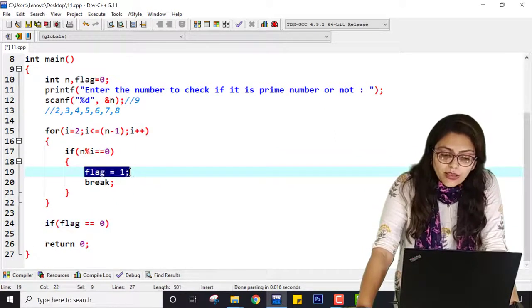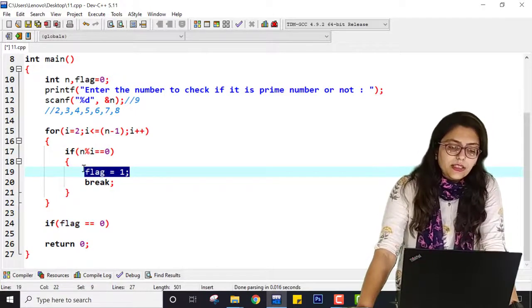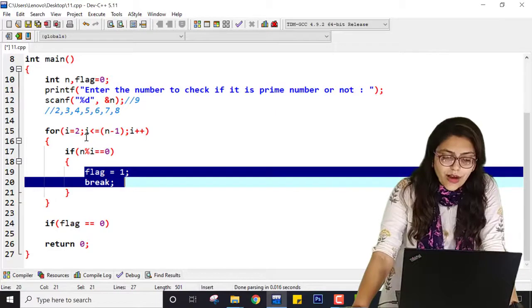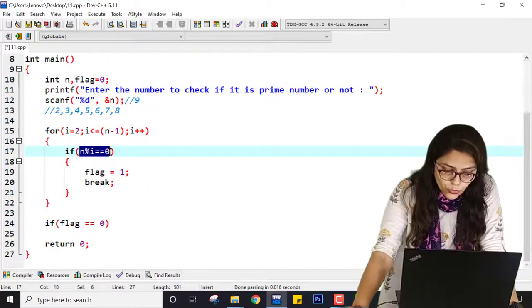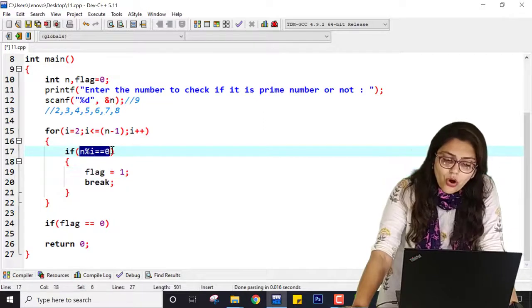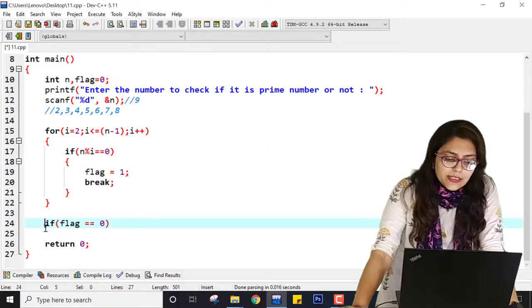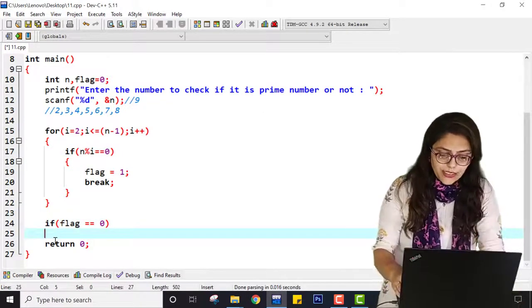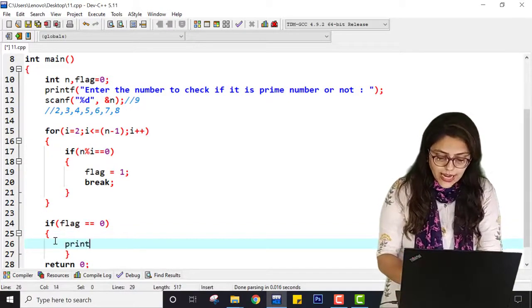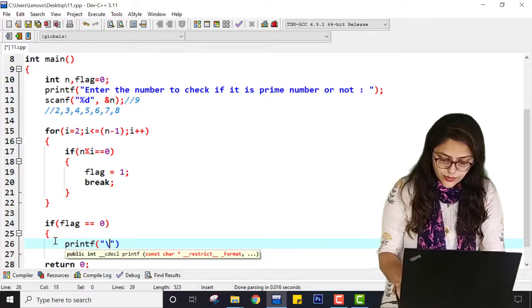If flag is 1, that means sometimes it goes inside this, which means some number has divided it, because only when this condition is true can this be executed. If this condition is false all the time, that means the number could not be divided by any number from this range. So at that time I can print the number is